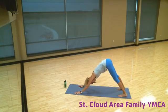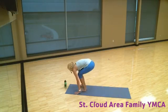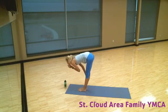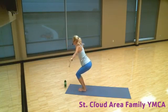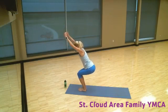And your next inhale, look to the top of your mat. Exhale, walk, step, or float, big toes to touch. As you inhale, halfway lift. And exhale, forward fold. Then inhale, chair, bend your knees, sit back, biceps to ears, or arms out in front. Again, we're going to sink a little bit lower. As you inhale,